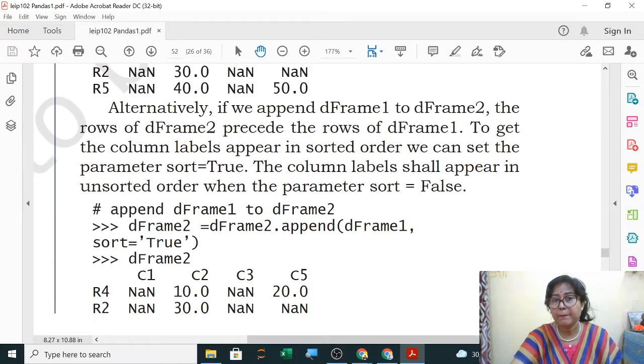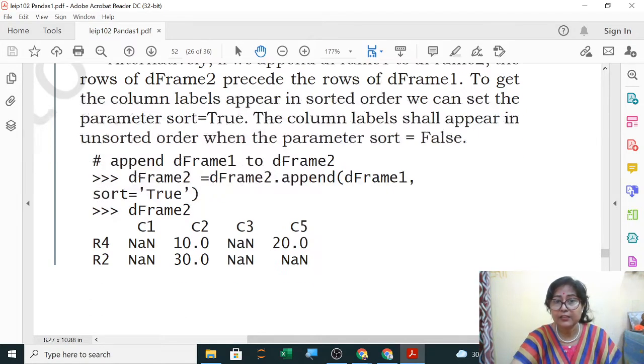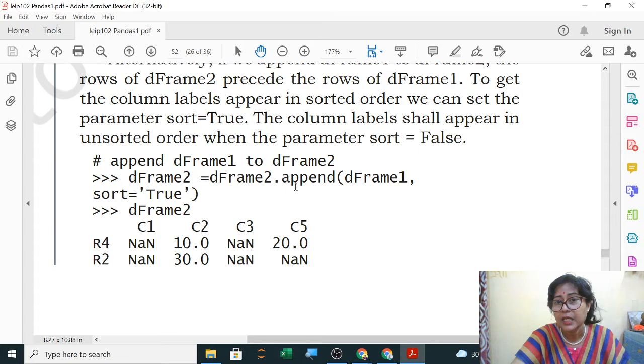Alternatively, if we append dframe1 to dframe2, the rows of dframe2 precede the rows of dframe1. Here you can see the command has changed. First dframe2 is written and then append dframe1.